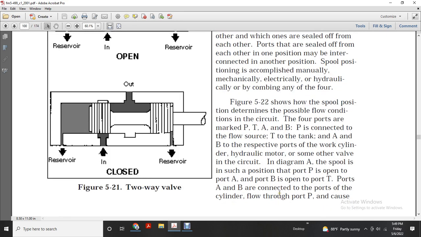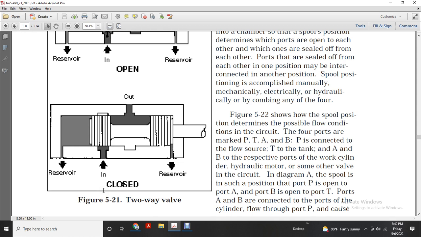Figure 5.22 shows how the spool position determines the possible flow conditions, with a circle and 4 ports marked P, T, A, and B. P is connected to the flow source, T to the tank, and A and B to the respective working ports of the hydraulic motor or other part of the circuit. In diagram A, the spool is in a position where port P is open to port A, and port B is open to port T. The ports A and B connect to the cylinder, and flow through port P causes